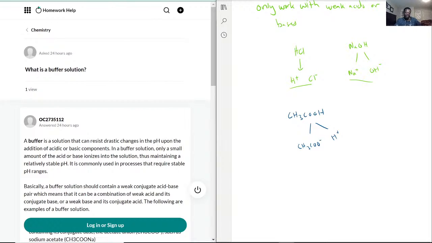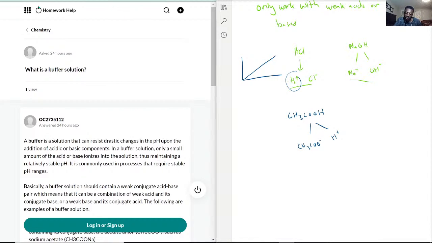Now, the reason why this is different is because in the HCl situation, it dissociates completely. There's now no balance of HCl in the solution. It's all just H plus, which just goes 1-to-1 ratio. You add some base, it reacts with the hydrogen, and with strong base and strong acid, it'll look like a straight line, because it's directly related. The amount of base you add will cancel the amount of acid that I have, and it'll just be a linear relationship. But with this, because you have